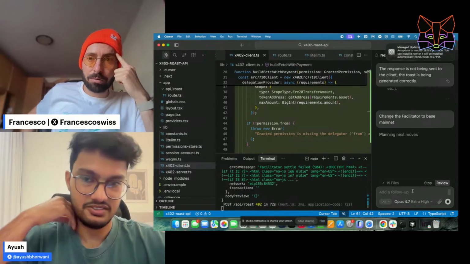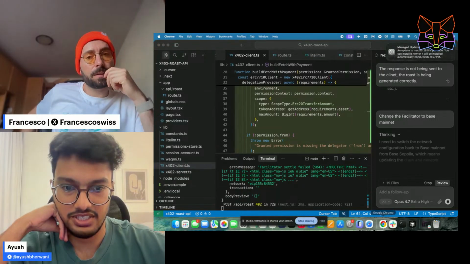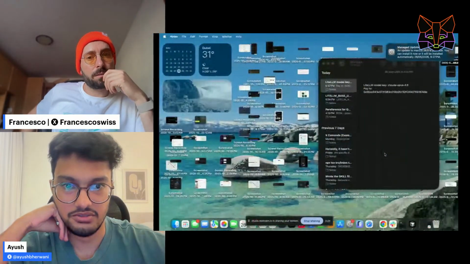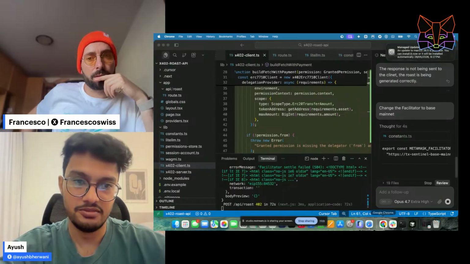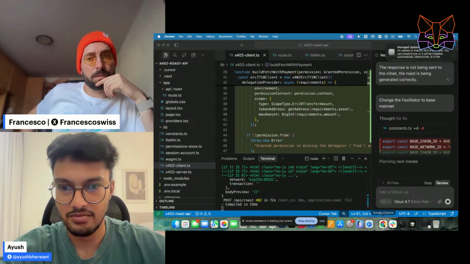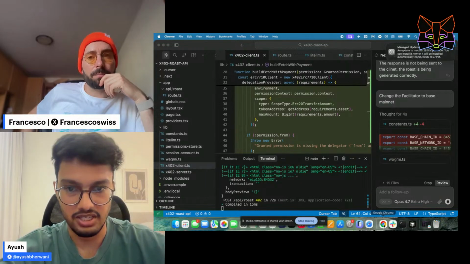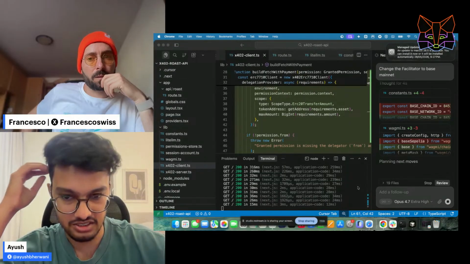Is the amount a possibility, because the amount is too high? No, we have the amount, right? The amount should not be an issue. And wait, are we sponsoring? Are we doing sponsored transactions? Yeah, right. So it's the facilitator, so the transaction will be redeemed by the facilitator, so it needs to have money. It's the facilitator who will be redeeming the delegation.